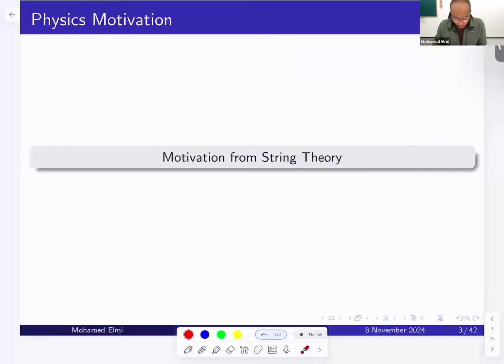Okay, so what's the motivation for all this? There are two examples in string theory. There are many more, but I'll focus on two examples where you end up studying the variation of Hodge structure of some family of Calabi-Yau manifolds or some varieties. And this is something that can link directly to problems in arithmetic geometry. So for some physics first,